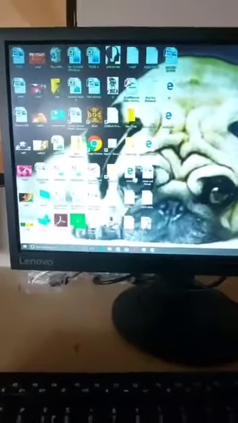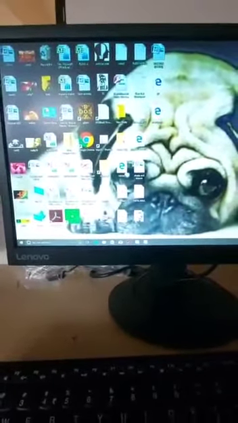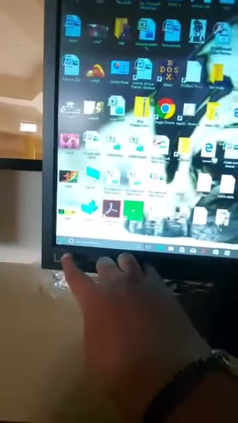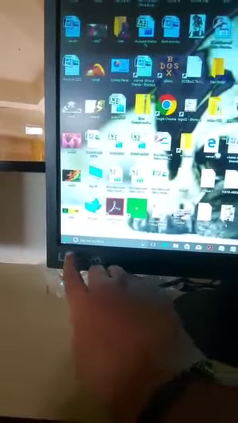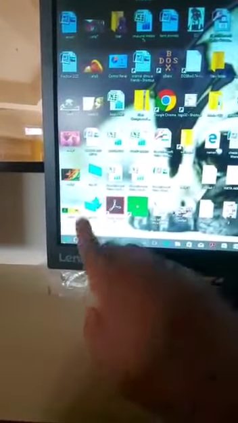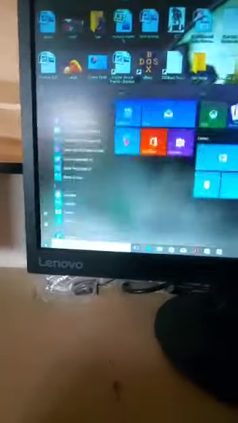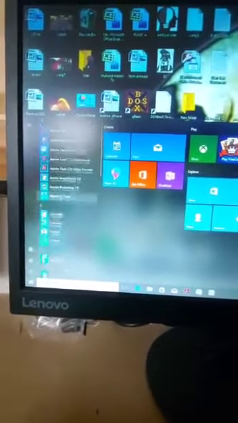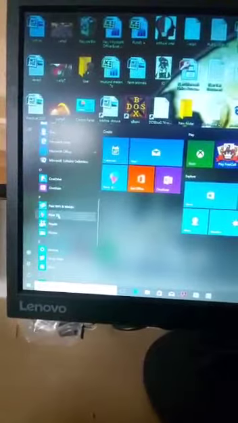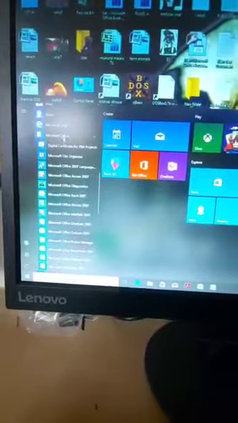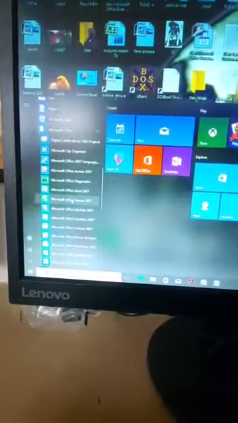So children, let us learn how to start the MS Word 2010 software. Go to the start button in the left corner of the taskbar. Here beside this you have "ask me anything". Here also you can type, or click on the start button. See here, all the software available will open. So let me go to Microsoft Office here, and here we have Microsoft Word.